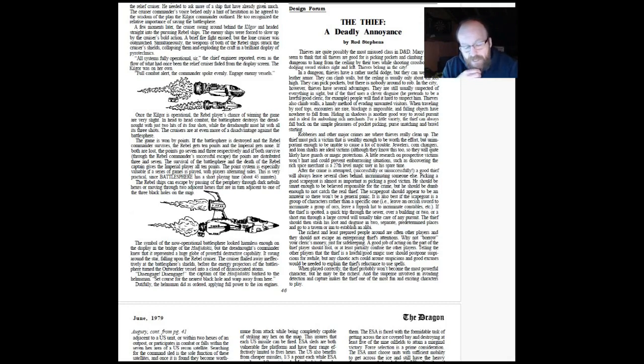A lot of us have been guilty of misusing thieves, thinking of them as melee combatants when in reality they're not. I think the fighter thief, an elven fighter thief or a halfling fighter thief, is a really useful character to have, and potentially very flavourful. It's a combination I rather like. The problem is,